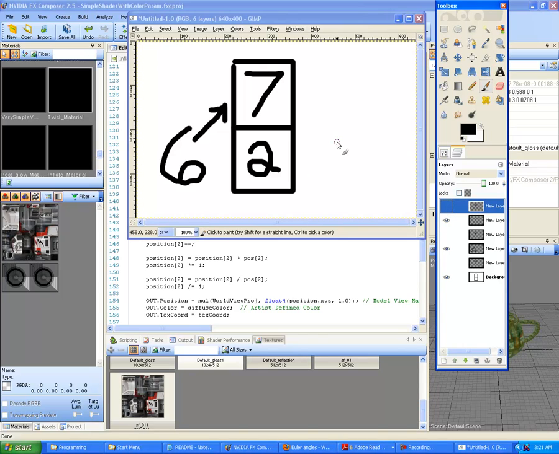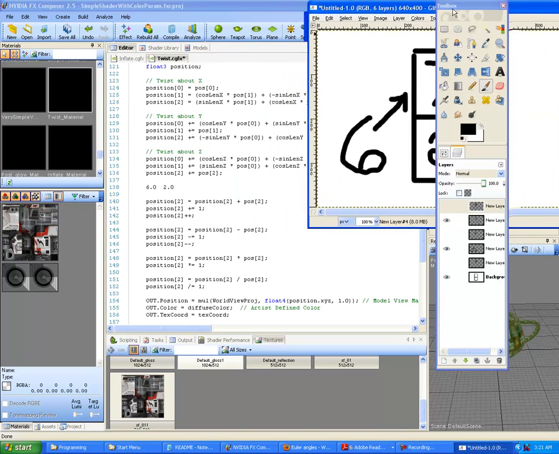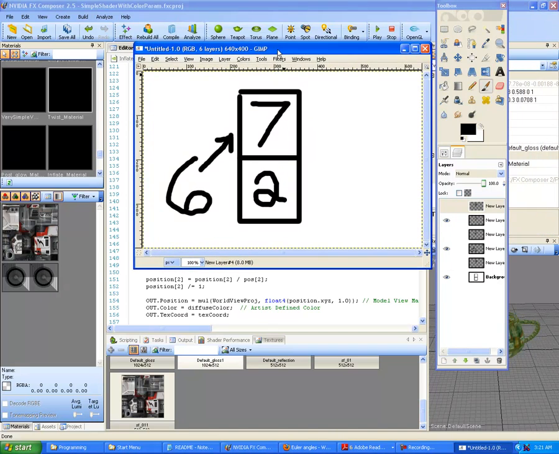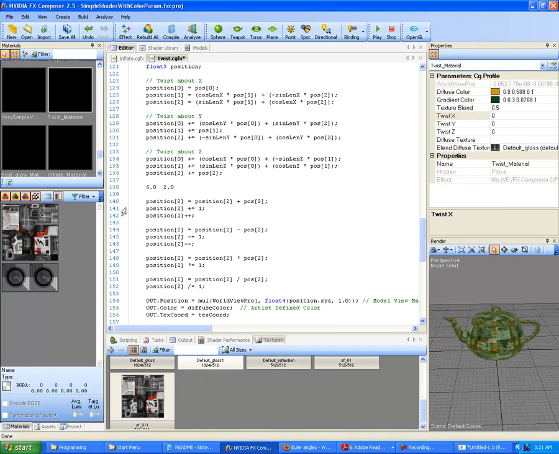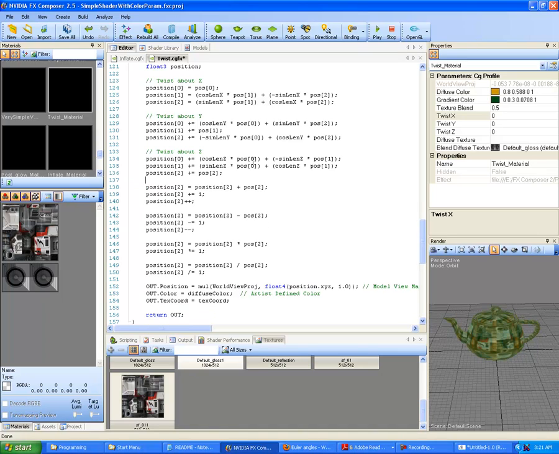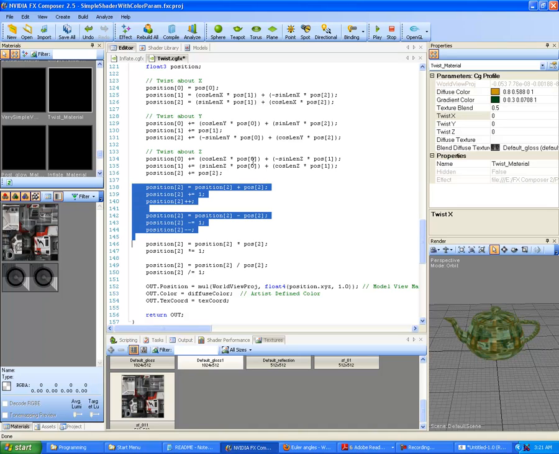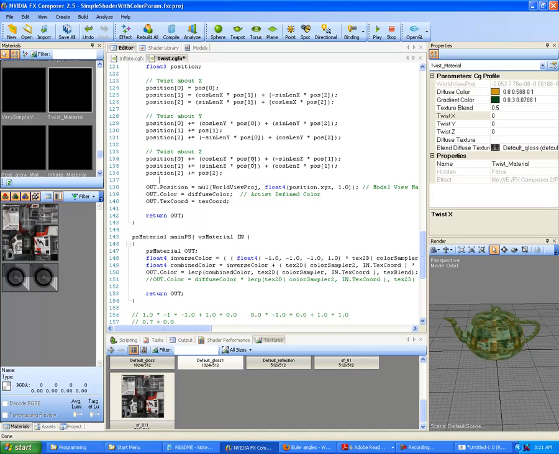So that's all there is to that. But basically that covers how that works, more or less. And of course, multiplying would multiply the numbers in here. So 2 times 7 would be what? 14. 14 would get stored here, so on and so forth. You get the idea, and that's how that all works for all those different parts. That's just a nice brief overview of the mathematics behind all that, and hopefully that should give you some idea of how that worked, and you would now know how to do your own twist modifier, basically,